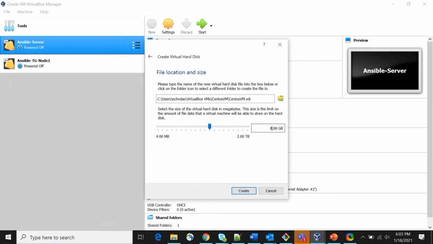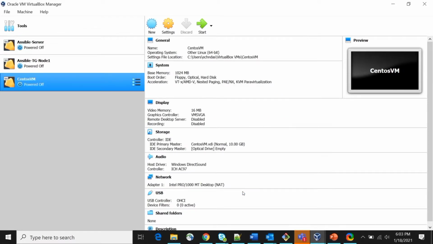Suppose if I need 10 GB, I can mention it here, and that will be the actual VM disk file path, right? Now choose create. Okay, the VM is now created with all its information.